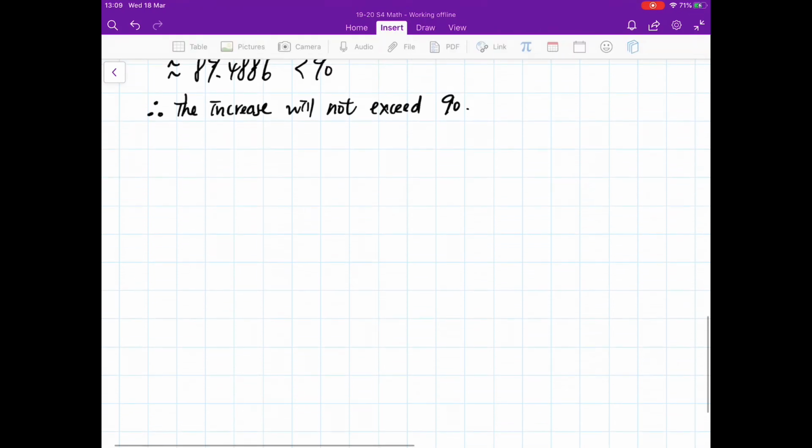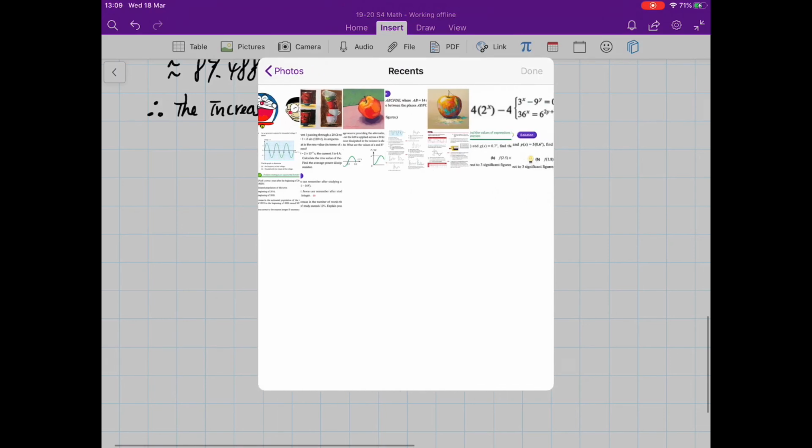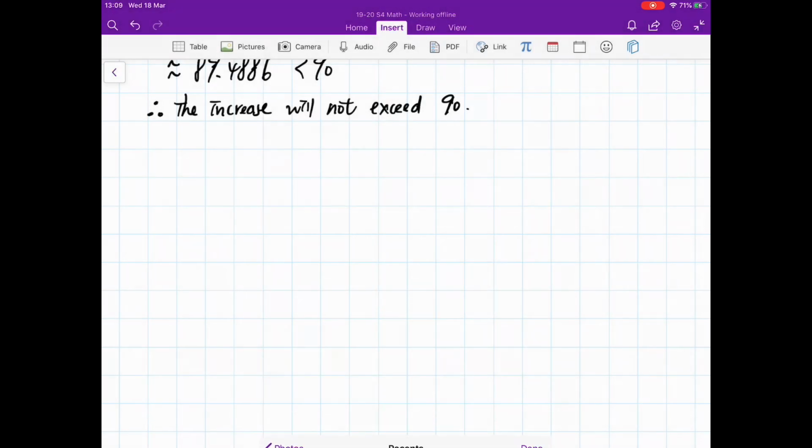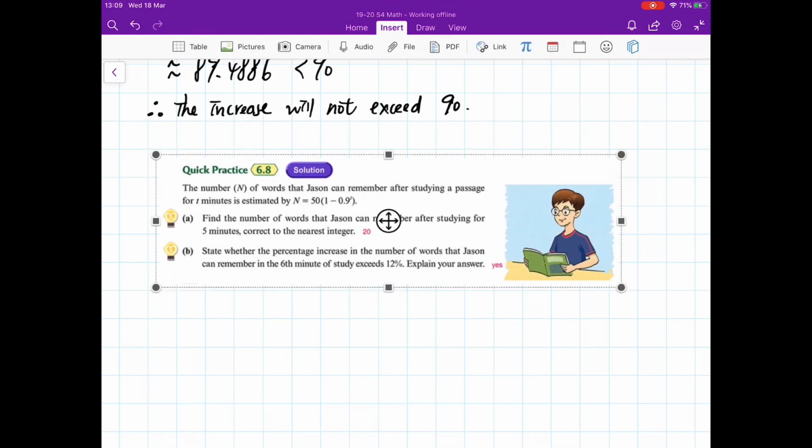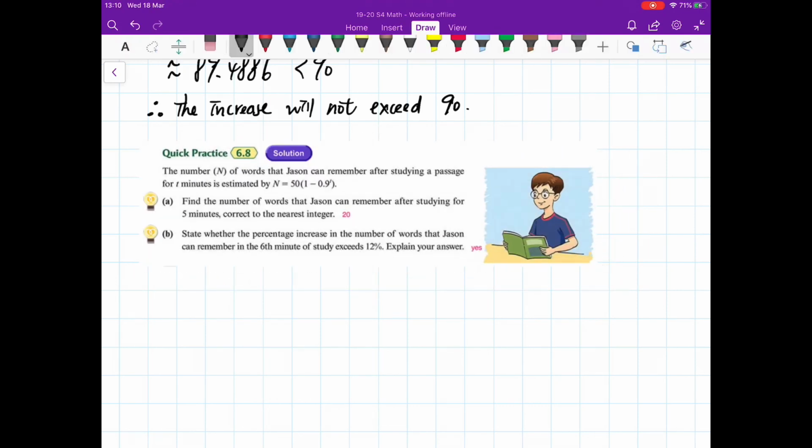Okay, so again, for the remaining time, please first help me to finish a quick practice. Okay, quick practice 6.8. It takes around 5 minutes. Okay, also for today's homework, which is exercise 6C, question